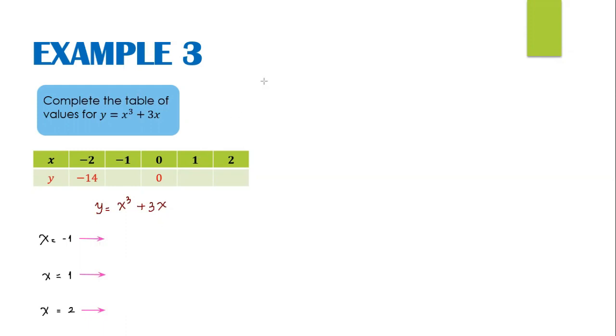Okay, students, start finishing this question. Now we're going to solve this one, right? You just copy paste the function. So y equals, this is the function: open the bracket, -1 to the power of 3 plus 3 times -1. Can you solve that? Okay, equals -4, right? Okay, students, when x equals 1,